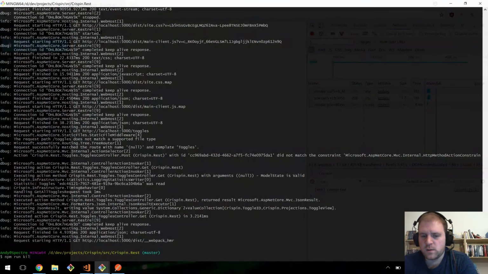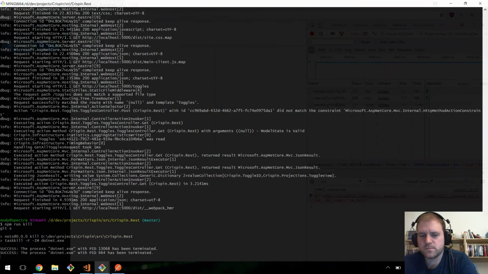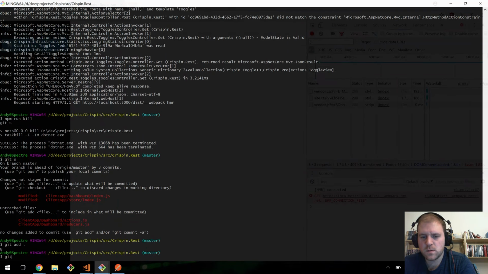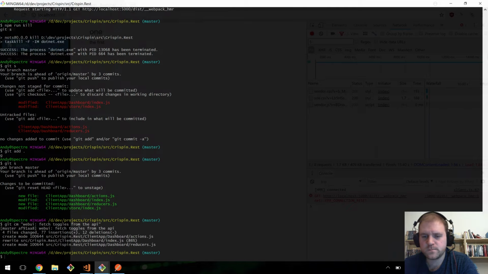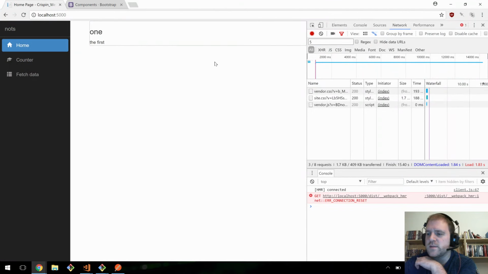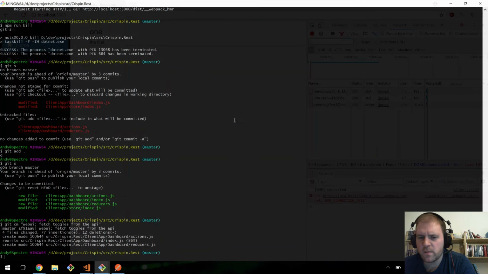npm run kill. So dashboard web UI fetch toggles from the API. There we go, that's our first thing done. Now, if I remember rightly, we changed this to use a persistent